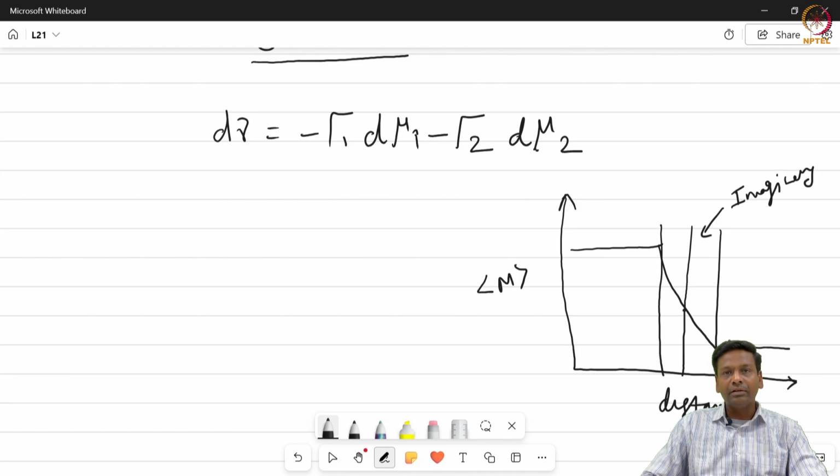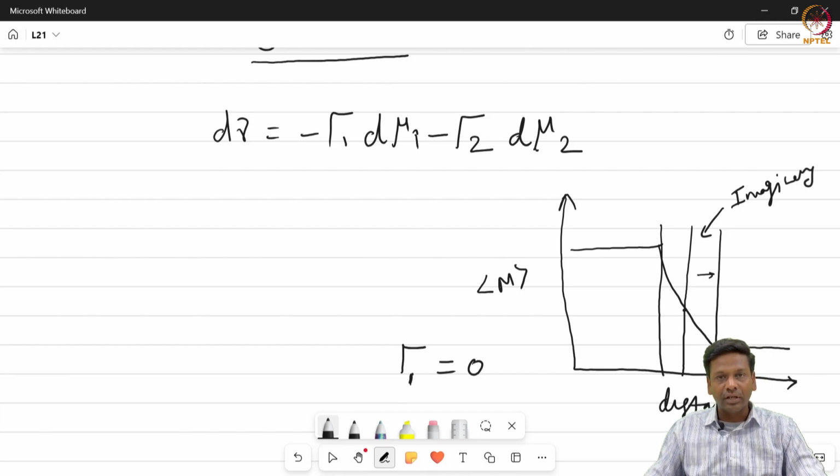So, I have located my interface such that there is no surface excess here. If you sum all the surface excess you have towards the right and all the surface excess you have towards the left, both will cancel out each other. So in such a case you can say there is no surface excess for the solvent, which if I denote as gamma 1, will be 0.